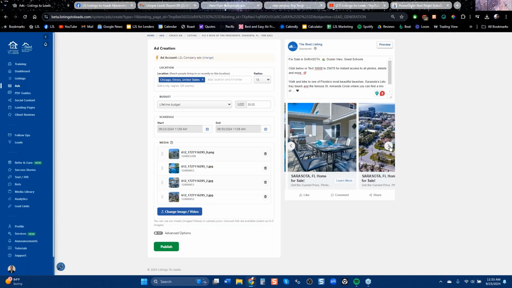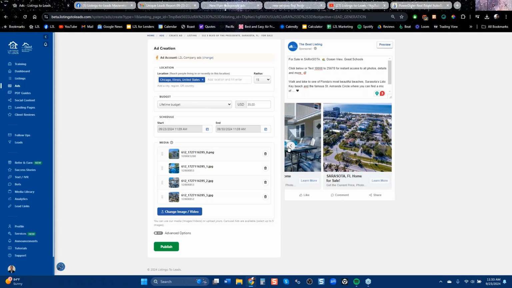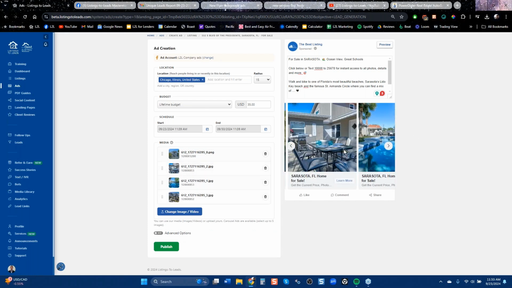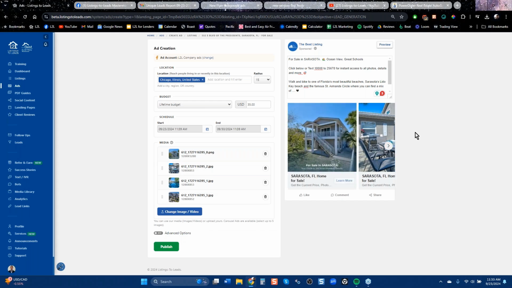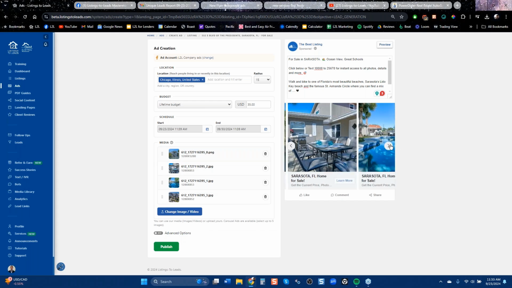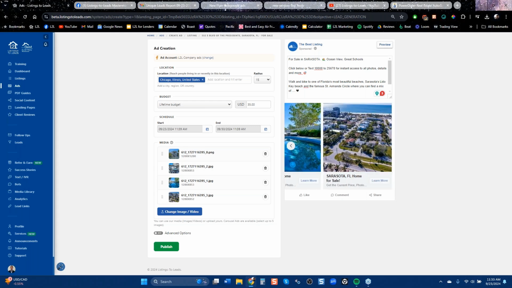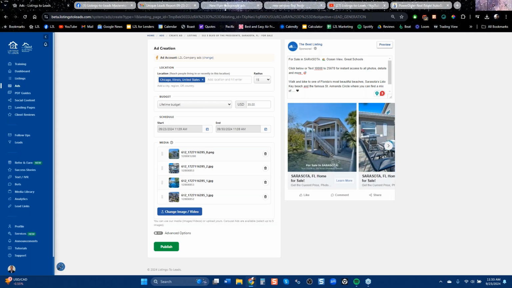If you don't have a video ad, these are actually pretty effective. And if you don't like the order, maybe you want this outdoor kitchen up front a little bit more, it'll just rotate them real quickly. These kinds of ads actually outperform single photo ads, and video ads outperform any kind of single image ads or even a carousel ad. So that's how you do it. You just click publish, bang. Facebook will review it. An hour or two later, they'll make it live and you should start getting leads with name, email, and phone.